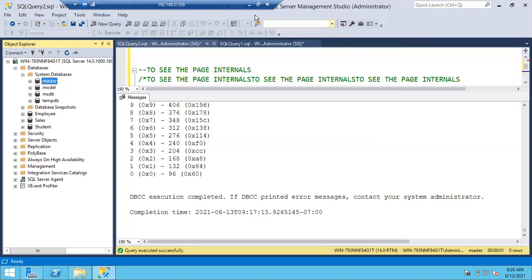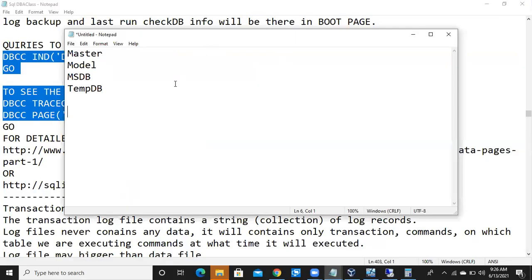Like that, I want to know how many system databases support adding files and file groups. Is it clear? Any issues, any doubts?